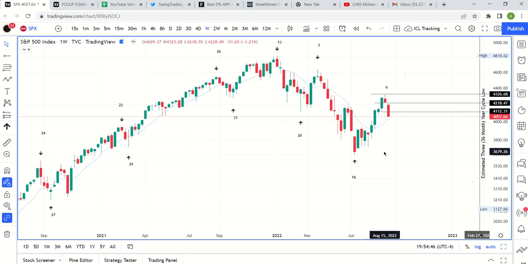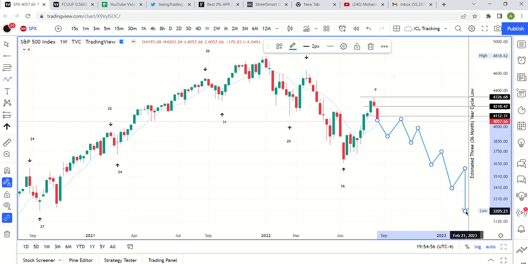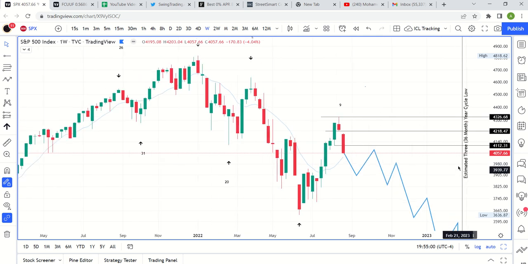It obviously isn't going to happen in a straight line. We will probably get a bounce along the way. Again, even if it's something like that, you can imagine, that's a very vertical drop at the end. But it would seem like, and let's move on to the monthly chart, because I think that's probably the most